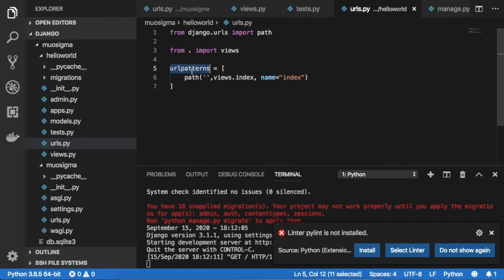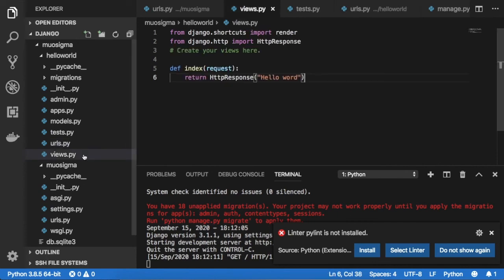Here we have the urlpatterns where at the empty path you are calling the view. It is called index. The name will be index. Once you set the view and the name here, you need to make a function of this name inside this views.py file. When you are making the function, you need to use def before writing the function name. So here we have the request parameter, and you need to return the HttpResponse like this.